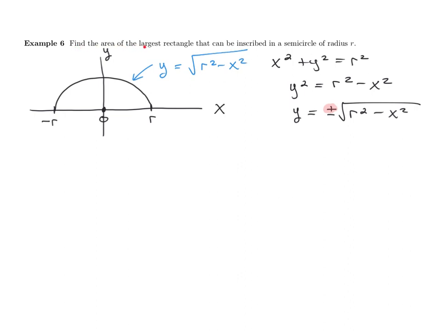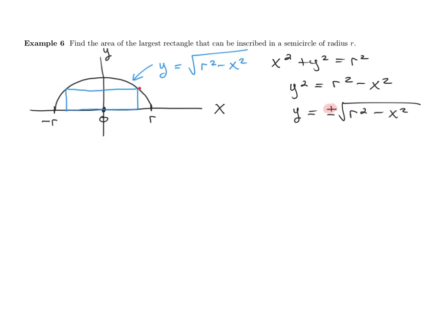All right, now we want to inscribe a rectangle inside of this semicircle. And that means something like this. I'll draw in a rectangle here. Here's the rectangle that I will inscribe. How can you figure out the area of this thing? And you have to keep it arbitrary. I think it makes sense to say, well,